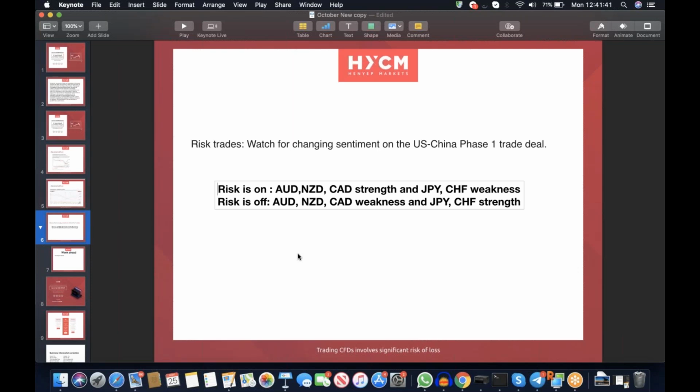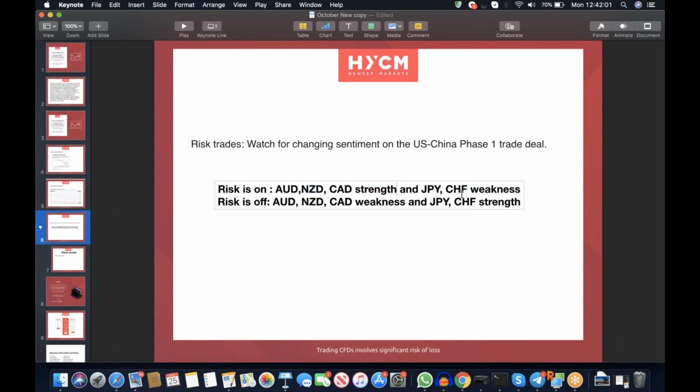That's why the market's been optimistic this morning. We saw the Hang Seng, the Shanghai Composite, and the Nikkei all up, and that was on the optimism that things are looking good. Now, when risk is on, we expect this. We expect Australian dollar, New Zealand dollar, Canadian dollar strength, which is what we've seen this morning, and Japanese yen,